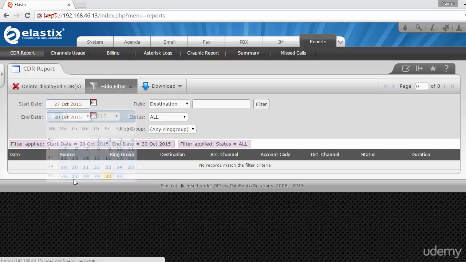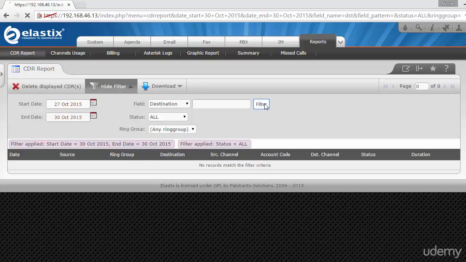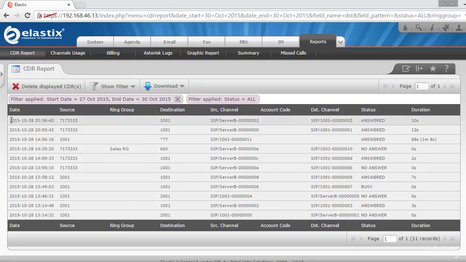Now you can see the details of the calls. This is the date field, showing which date and time. This is the source, from whom the call comes in, so you can see all the caller IDs. Sometimes it's really helpful if you want to know the customer caller ID or who called, so you can get an idea from here. Similarly, even if the calls went to some group, it will appear here. As you can see on this row, this call came from this particular caller ID, and this was the sales group. The destination is 600, which I told you is the sales group number, used by the ring